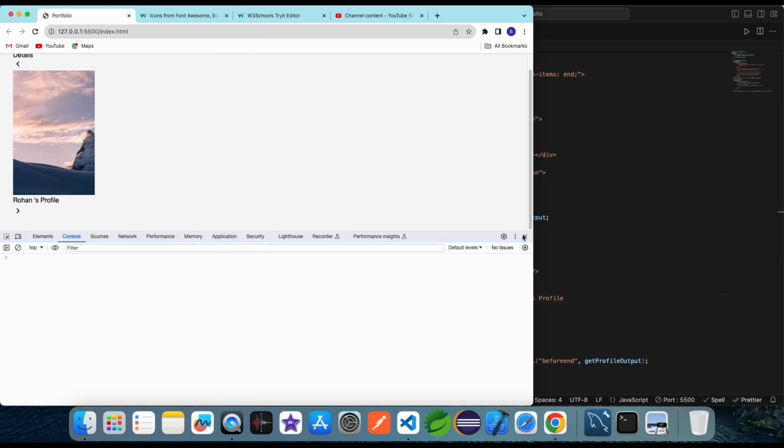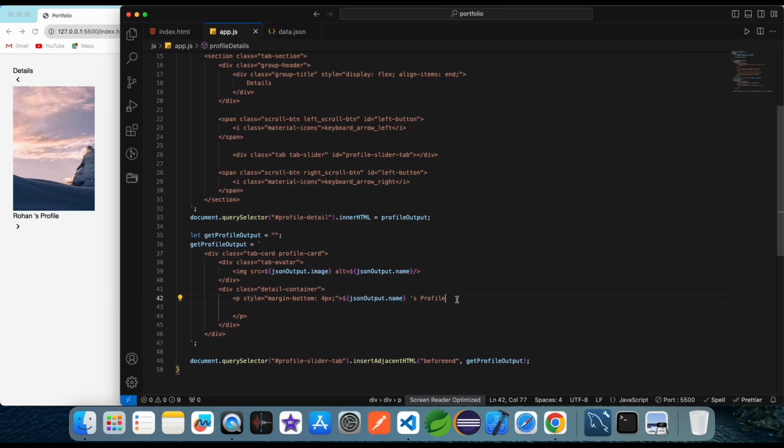Here you can see in the browser that Ron's profile is displayed, and inside the P I take a table